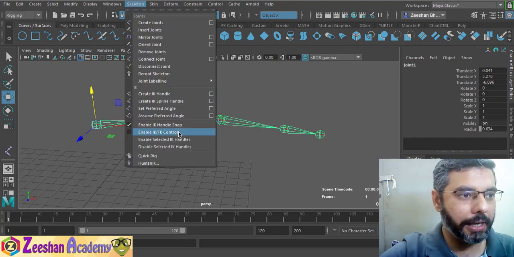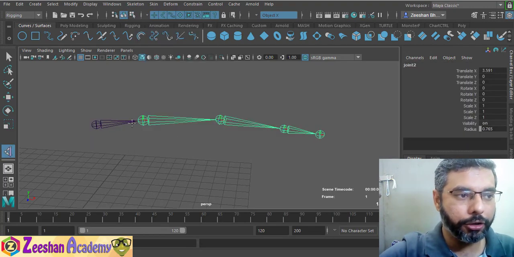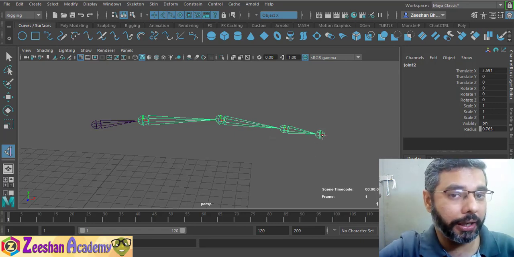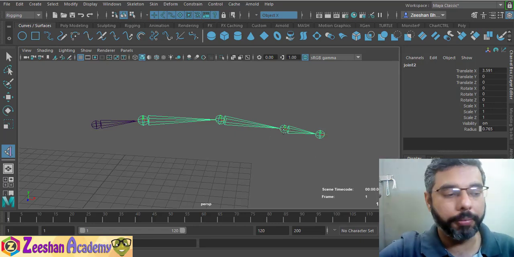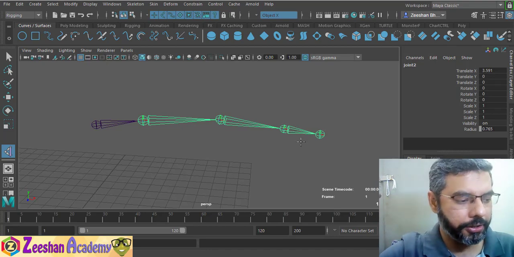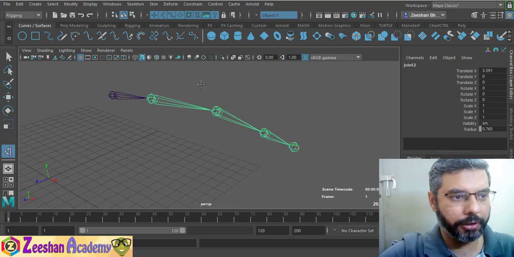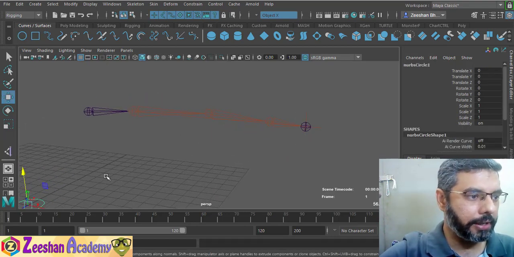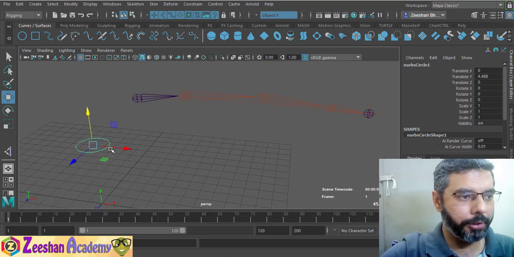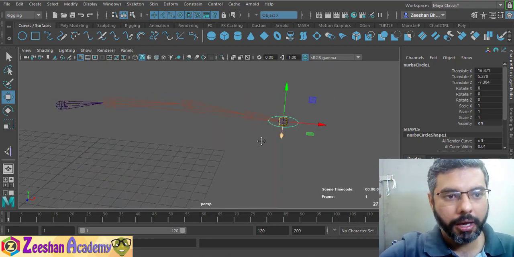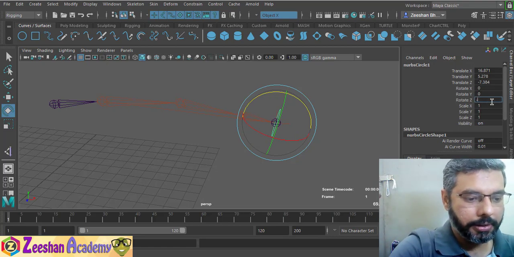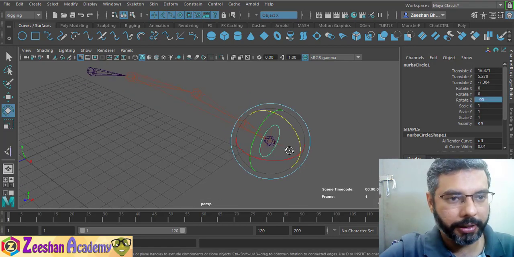So if I come into skeleton, go into create IK, I use the shoulder, and instead of clicking on the wrist joint to create an IK handle, I use the forearm. But let me show you the error that occurs, what I exactly mean when the joint gets selected. So if I select the wrist joint first, that's created, then I go into curve and create a curve joint and bring this curve joint to my wrist, and if I rotate it, for example, minus 90 degrees, so that it's perfectly flat.